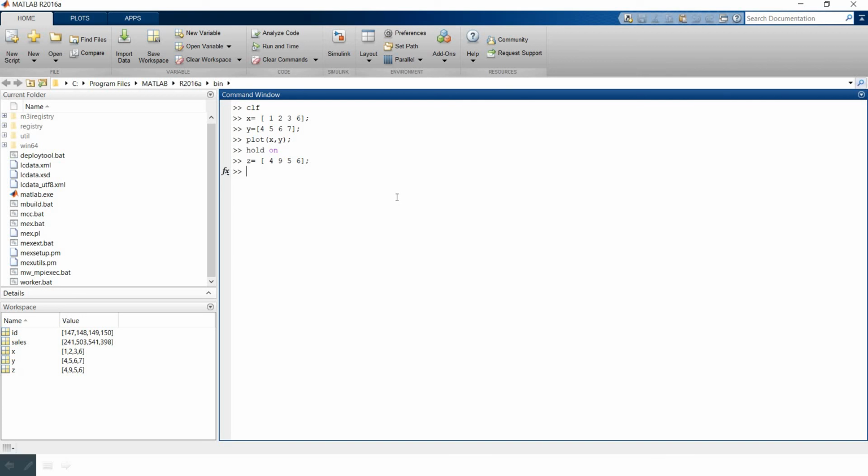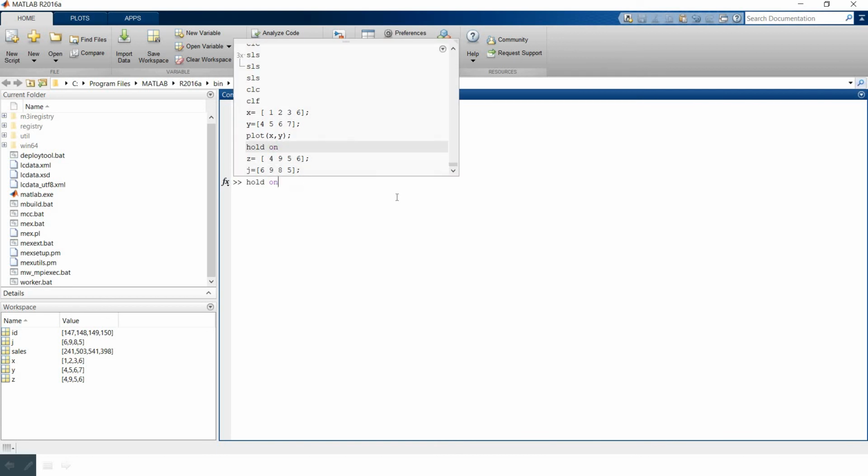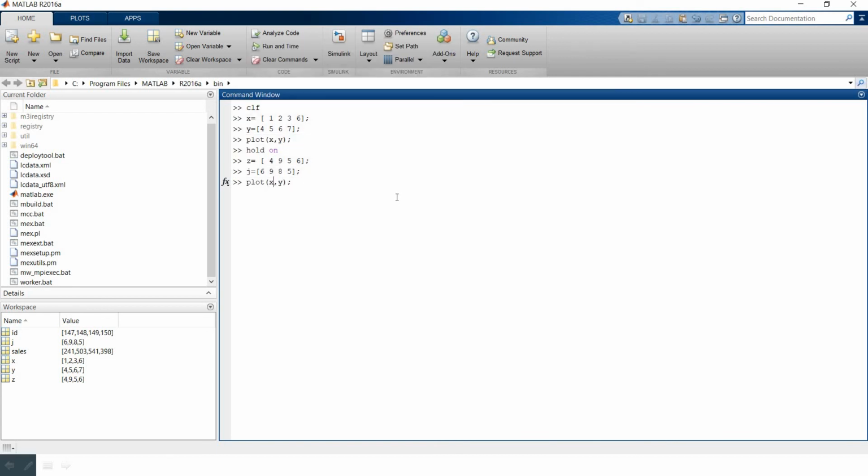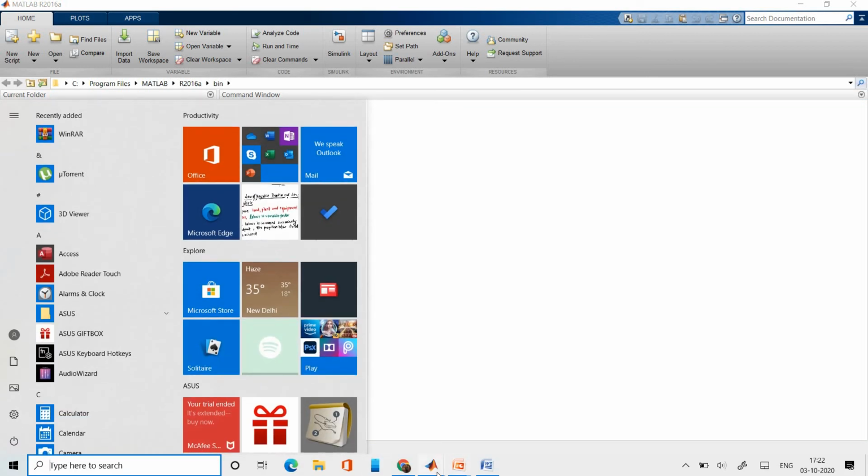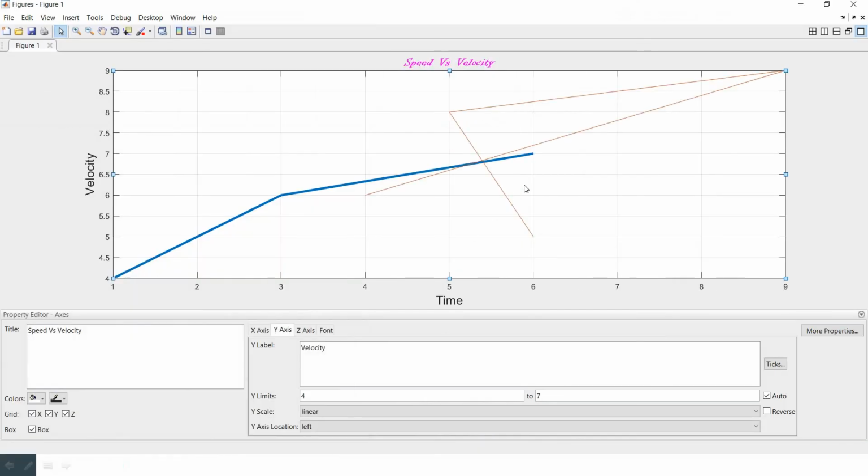Then say J is equal to 6, 9, 8, 5. Plot Z comma J. Now let's observe. We will observe two graphs again.